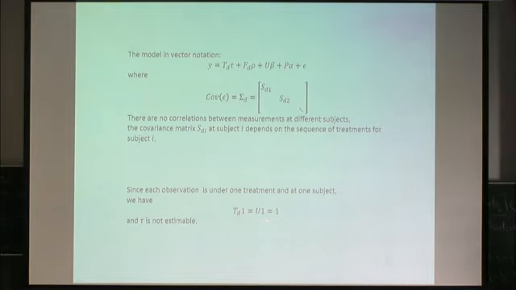And this means we have no full rank. We don't have full rank. And the vector tau, the vector of treatment effects, is not estimable. That's clear with block effects. It's always the same. And what we do instead,